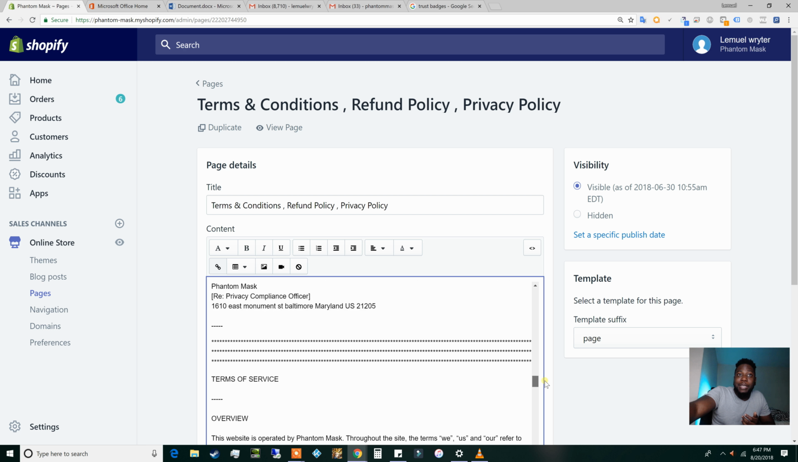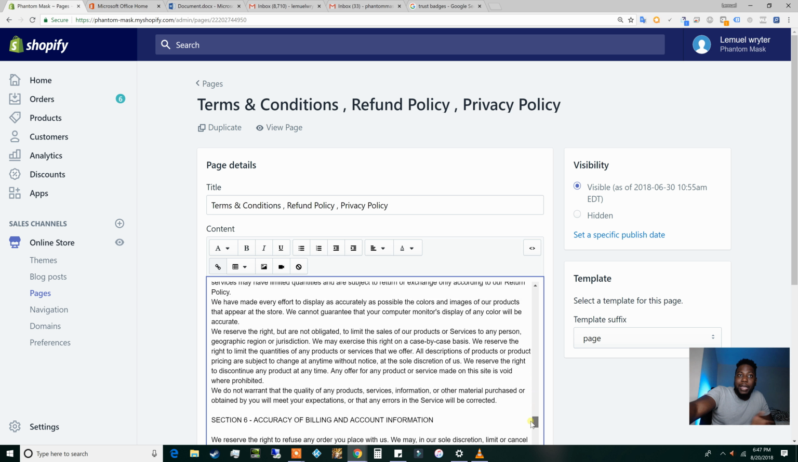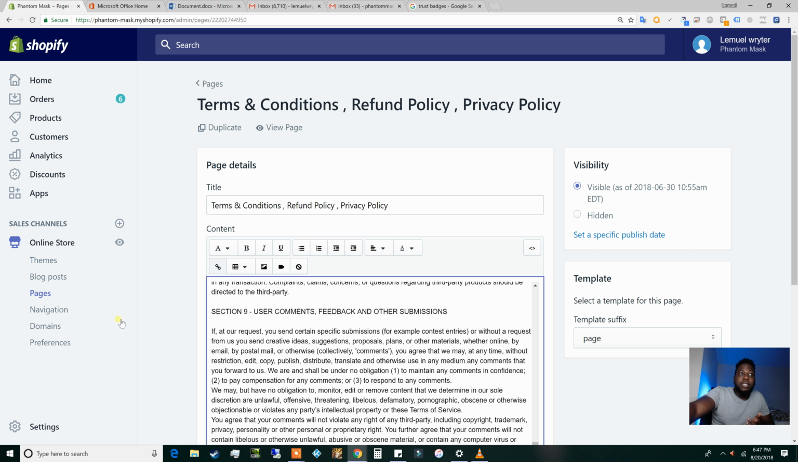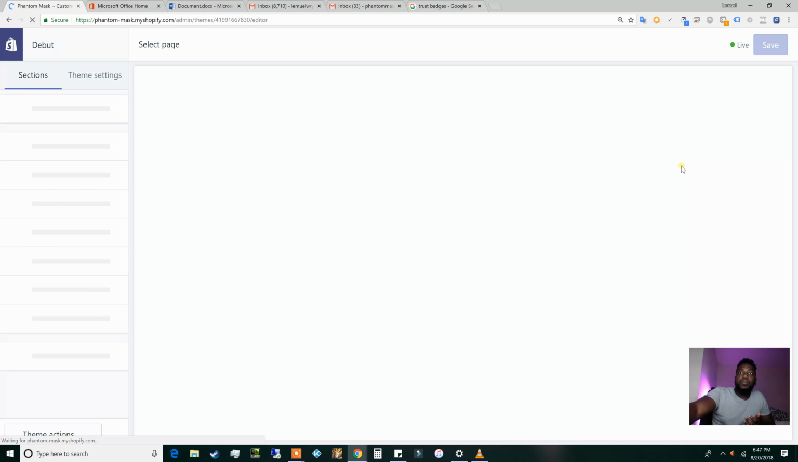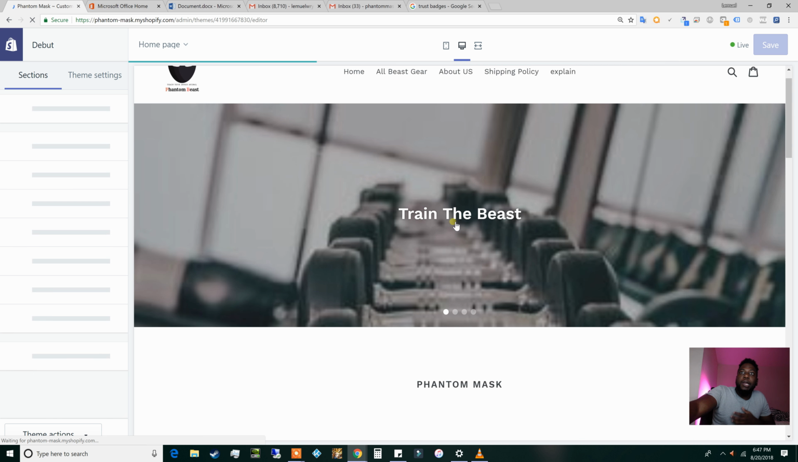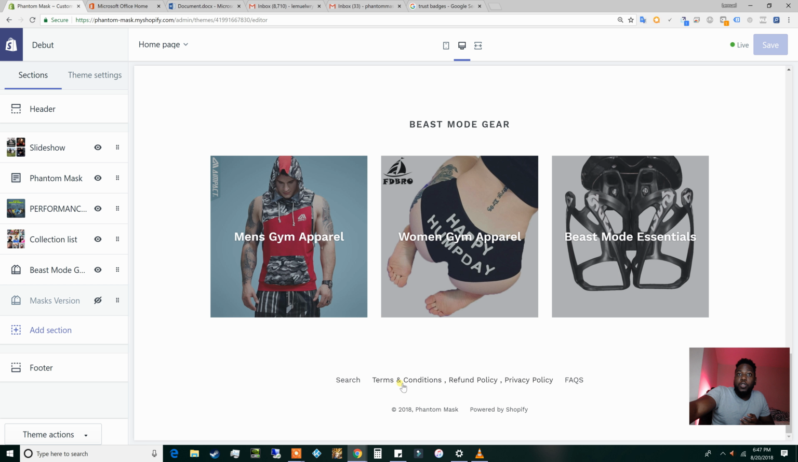And I just copied and pasted it, separated it with the stars, and that was literally it. All right, now why is this important? Because again, when you go into your store and you're taking a look at your store here, by law, if somebody goes on your store and they don't see this down here, they can pretty much get you in trouble,